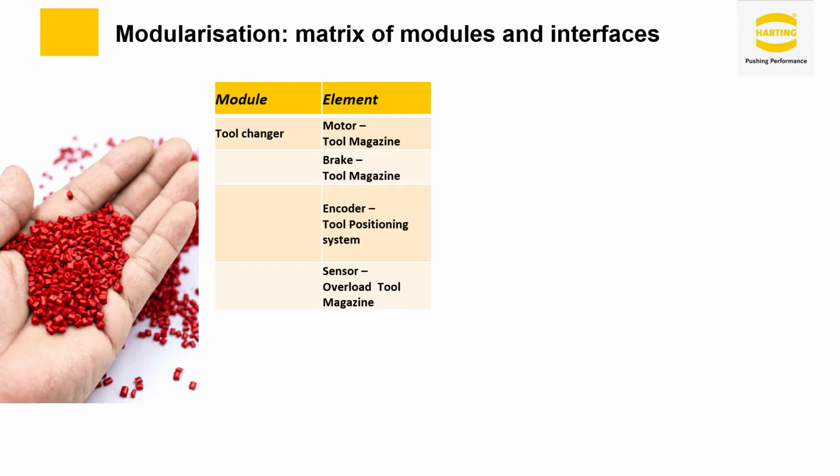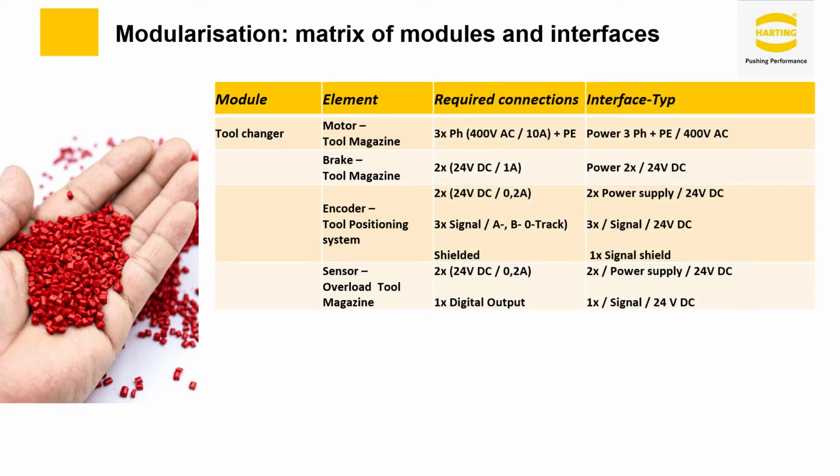From all of these types of electrical elements, you need, of course, interfaces, like already mentioned for bricks. And on the right side, you have to show what kind of connectors or connections you need